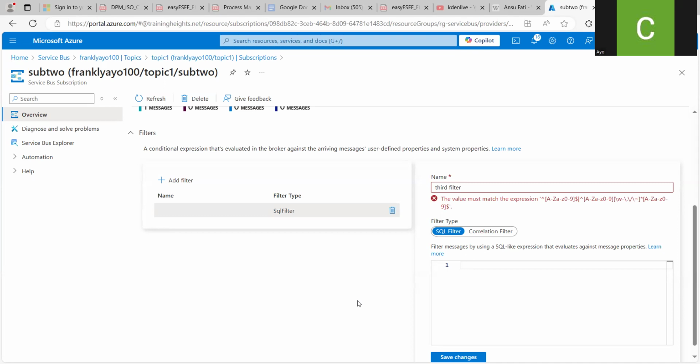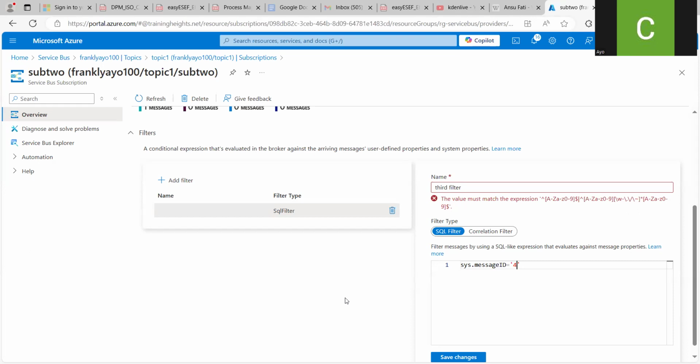So we can run some commands around such properties and set a filter based on that. However, if you are working with a system-defined property, it's important that you precede it with sys, then you can use any of the system-defined properties. I think message ID is one of those, so you can put message ID is equal to